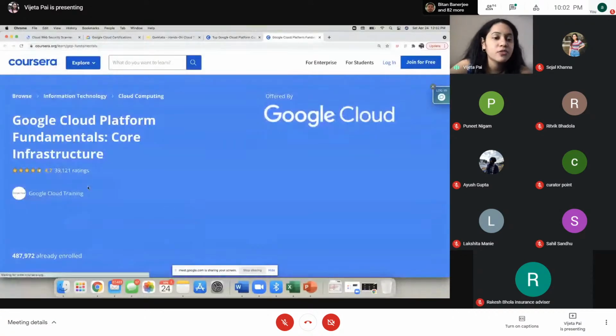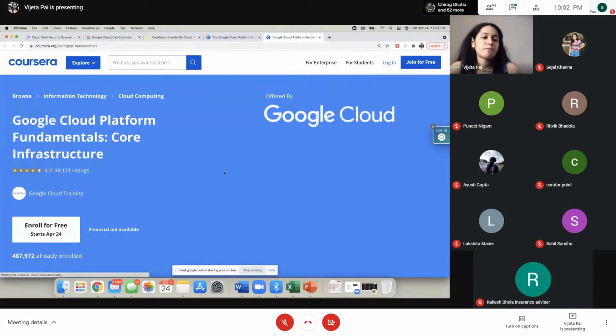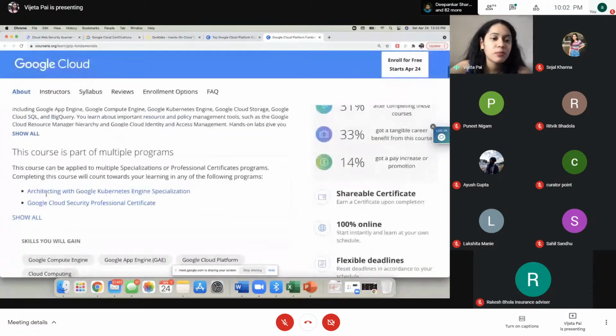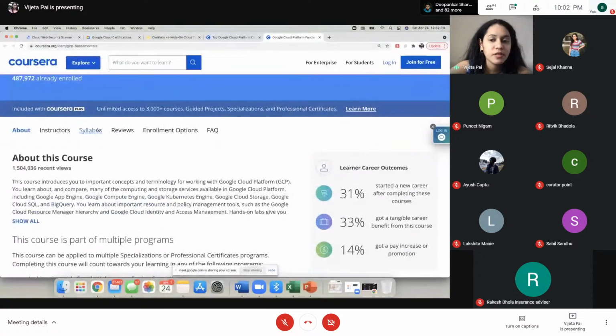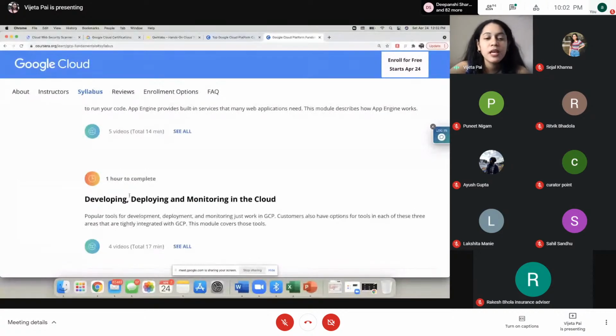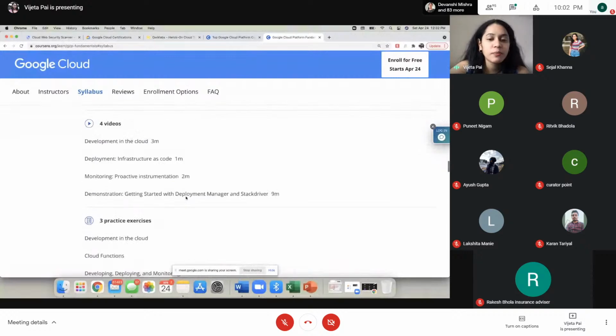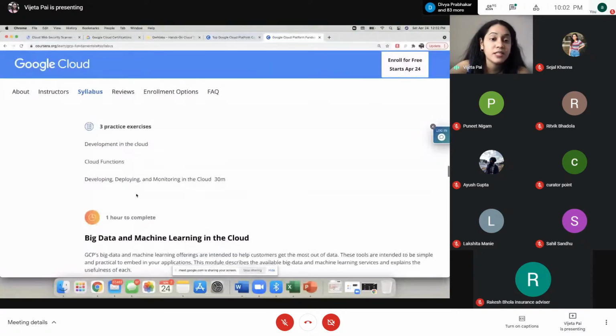And all of these are taught by Google Cloud Training. So these are trainers who are inside Google Cloud, so they have all the insights. It's completely kept up to date. If you look at the syllabus, you can see, okay, 1, 2, 3 weeks, for example, there are different modules that you need to complete. And you don't only have to watch videos, but you also have to complete practice exercises, give exams, and complete labs. So this will give you a really good overview and really good experience when it comes to Google Cloud.